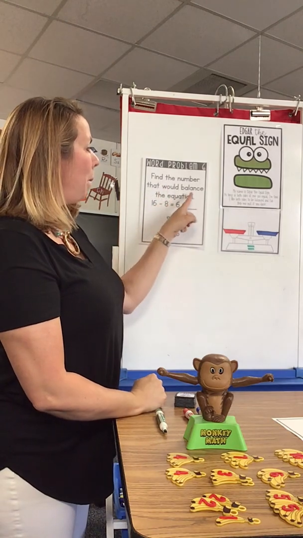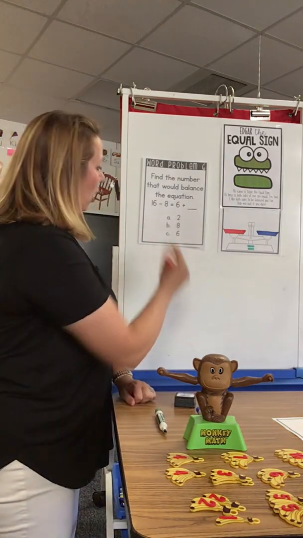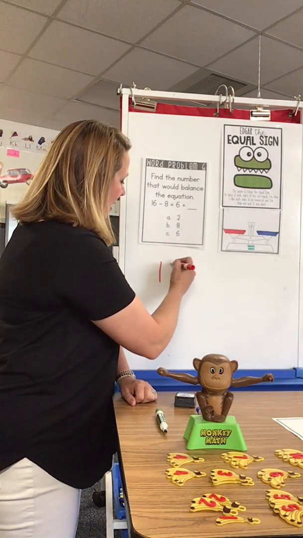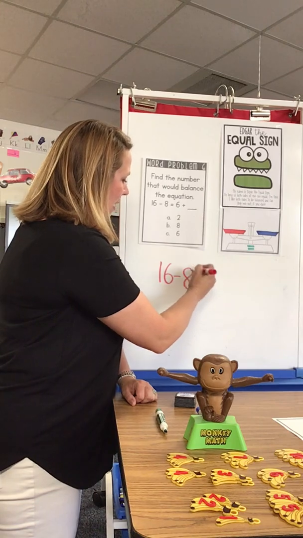Find the number that would balance the equation. Hey, we did this yesterday. I know you're already experts. Let's get started. 16 minus 8 is on one side